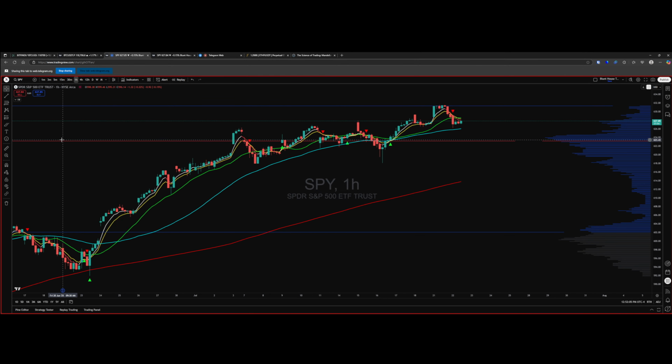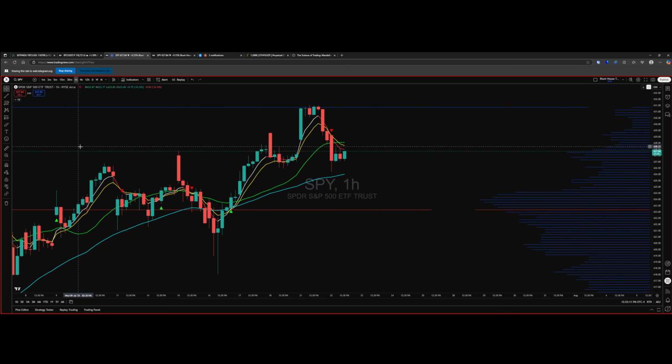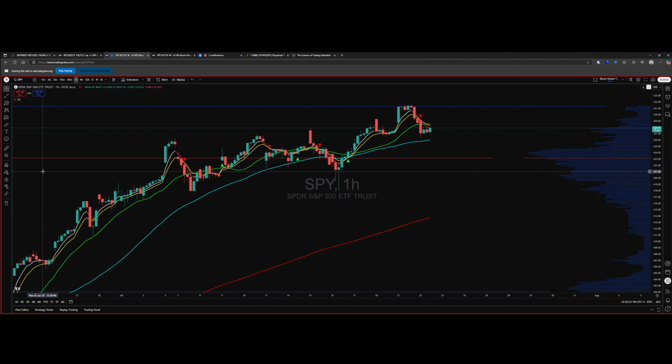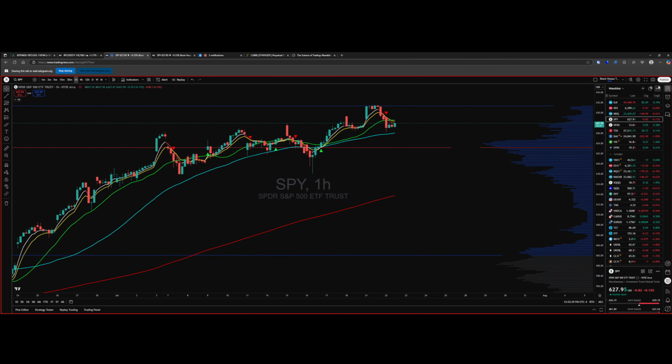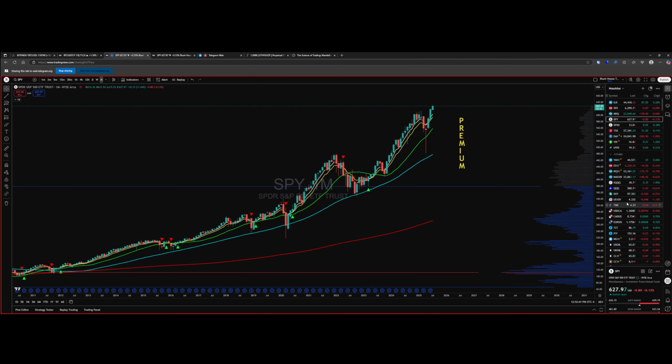There's the 1-hour SPY. That doesn't scare me. This actually looks like it might want to roll over, at least challenge the 5 EMA and the T line. This is what it has to break out of in order to be taken seriously. And it's just the ebb and flow of price. And whether or not you want to use regular candles or Heiken Ashi candles, whatever helps you, right? Your process will evolve over time. And that's okay. There is nothing wrong with that. That's what's supposed to happen.